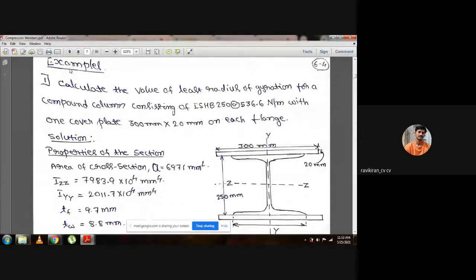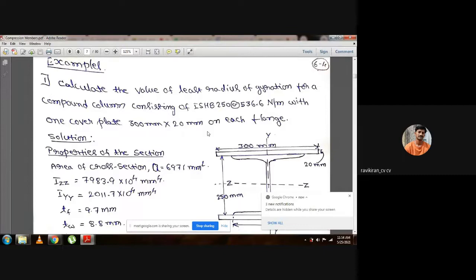So let us go with the simple problem, that is finding out the radius of gyration. We are not taking directly the design of a compression member or calculation of design load. To start with, we have taken the least radius of gyration. Let us start the first problem. Calculate the value of least radius of gyration for a compound column consisting of ISHB 250 at 536.6 Newton per meter with one cover plate, 300 by 20 millimeter, on each flange, top flange as well as bottom